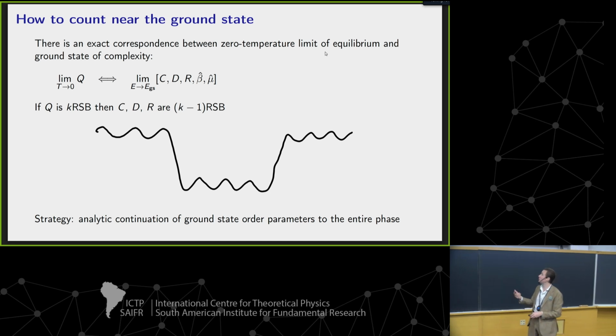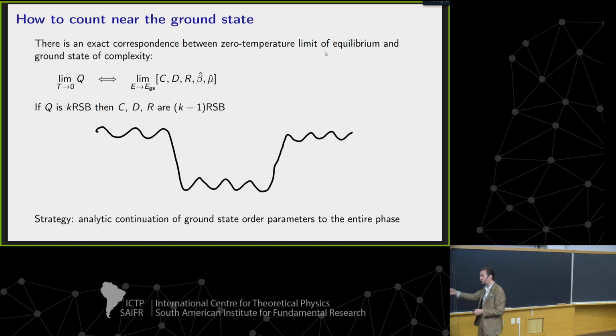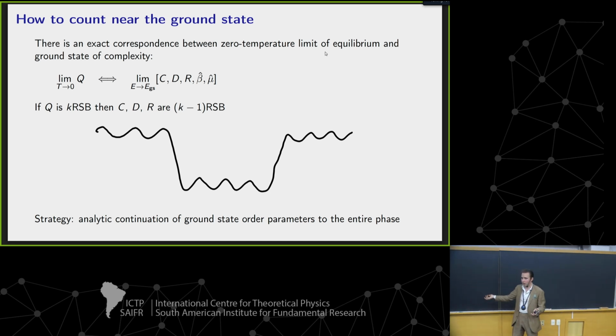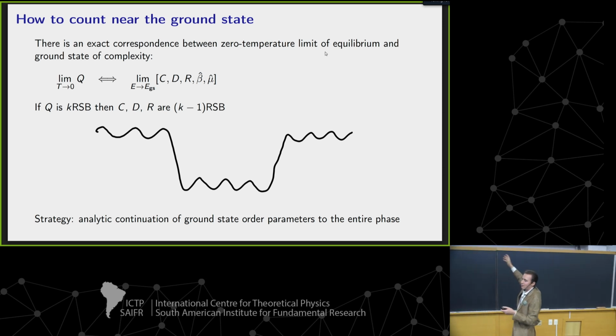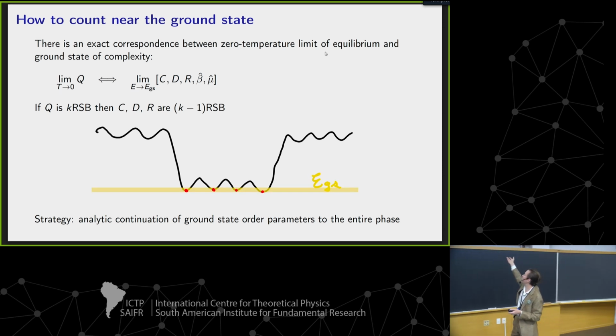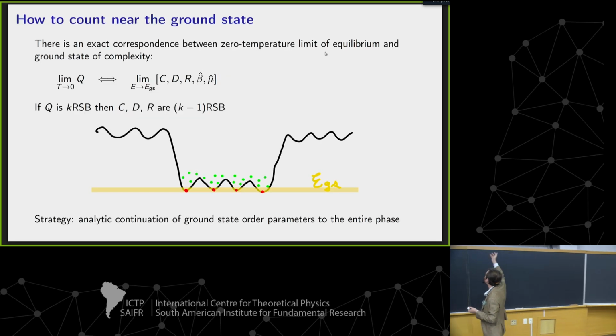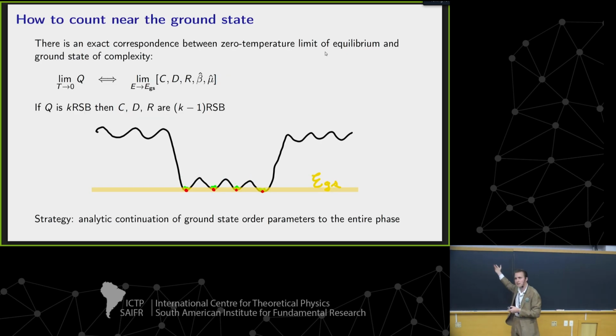There's a literal mapping between the equilibrium order parameter in these models and the order parameters we get trying to do the complexity calculation. And the intuition for the relationship: if you have a certain amount of hierarchy in the structure of equilibrium, you have one less hierarchy in the structure of your complexity. The intuition for this is that you imagine you're looking for the ground states, which have some sort of distribution on the space. And if you take a Boltzmann distribution from the same space and start to lower the temperature, they begin to concentrate on the ground states, right?